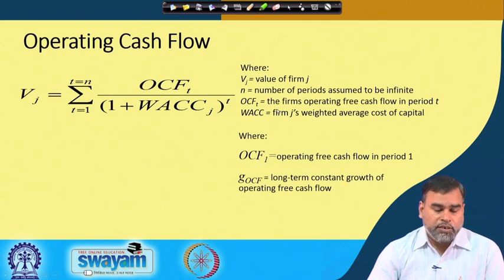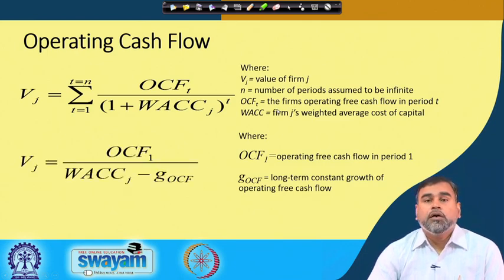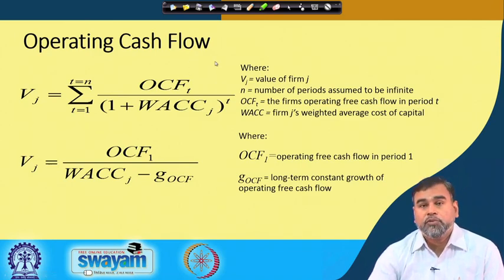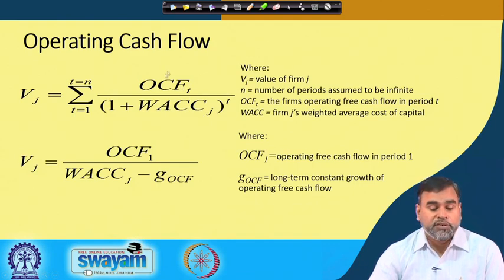Then, as I already told you, there is another kind of cash flow which is related to the company, that is your operating cash flow, and how the operating cash flow is calculated, we have explained in the previous class. You can use the same formula, but instead of dividend you use the OCF, operating cash flow, divided by 1 plus, but here you remember your cost of capital is considered as the discount rate, and it is not the cost of equity. Why are we not talking about cost of equity? Because the cash flow we are considering is with respect to the firm, not with respect to the equity only.